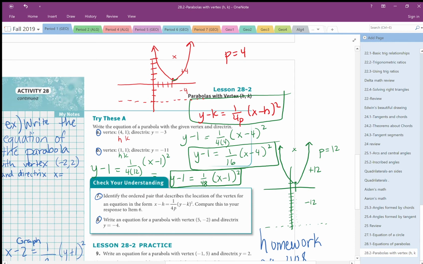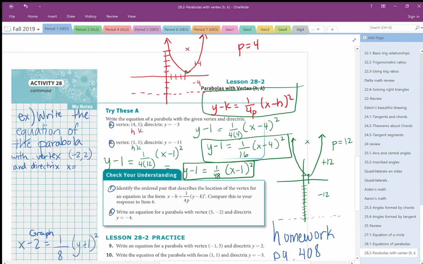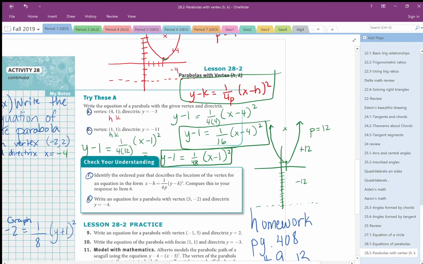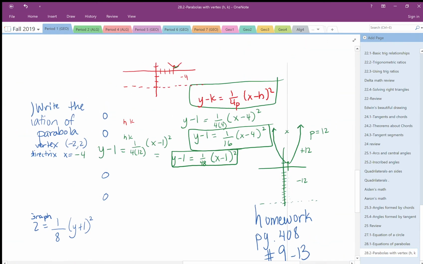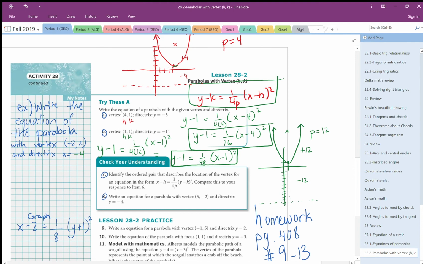Okay, so, oh, I didn't even look at the example on the left. I'm going to say -4. Okay, sorry, I guess I forgot to write the directrix there. Let's start with numbers 7 and 8 first, because at least number 7 is necessary before we do those